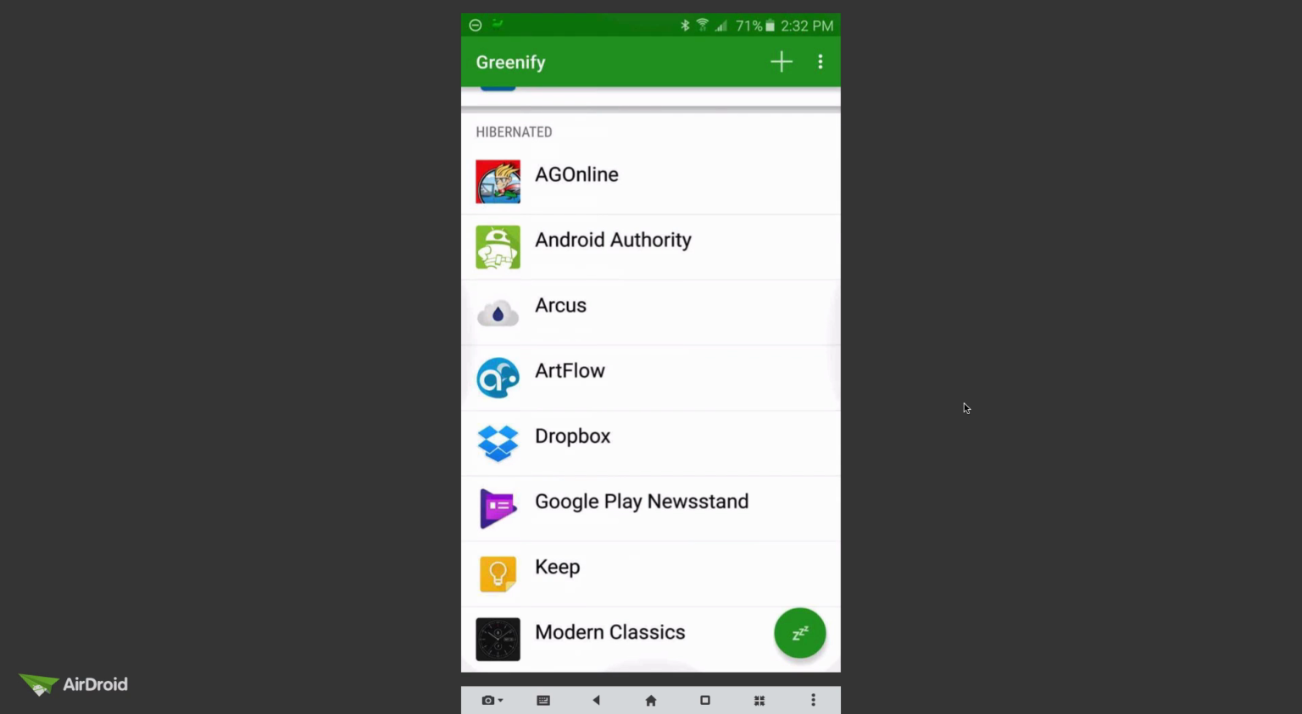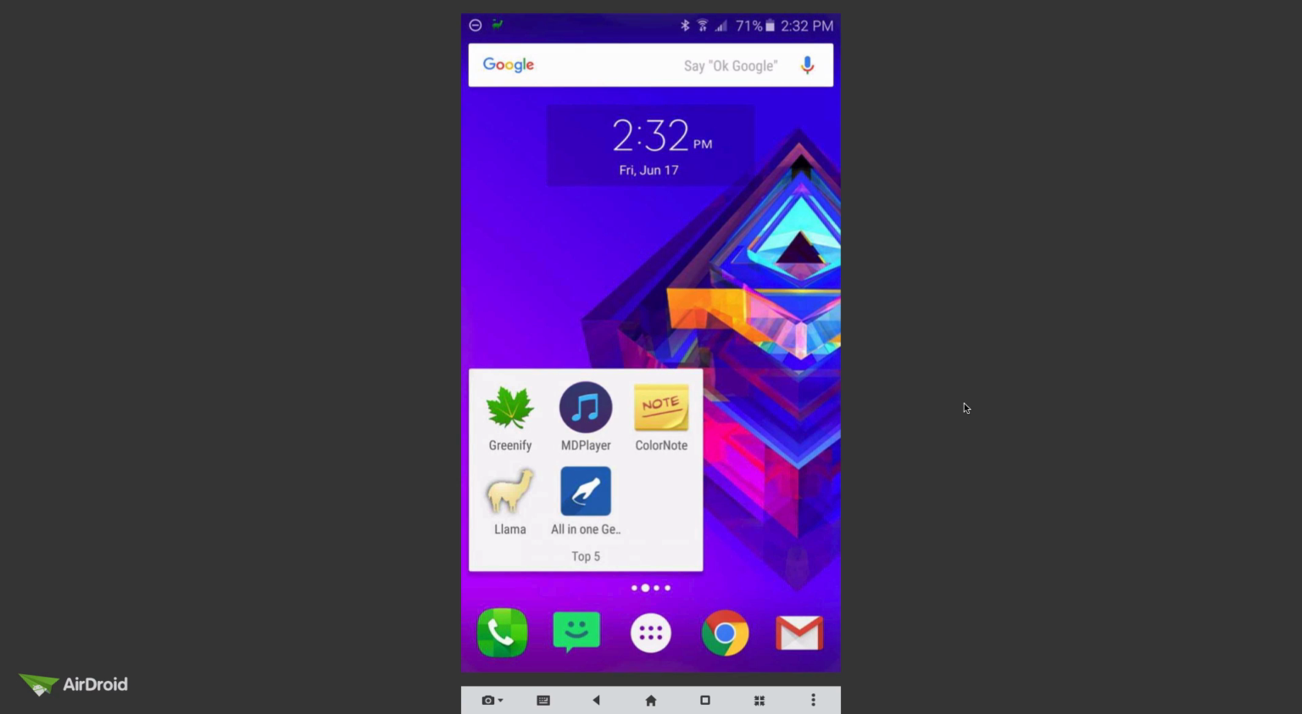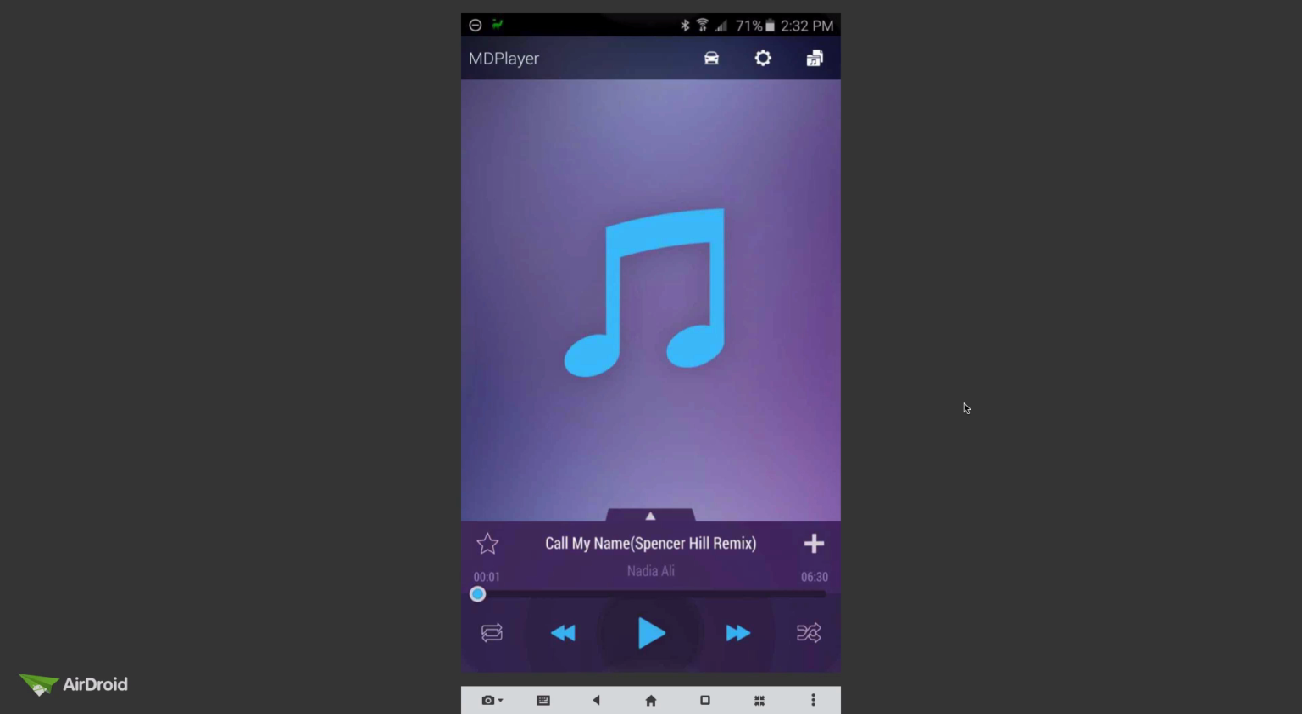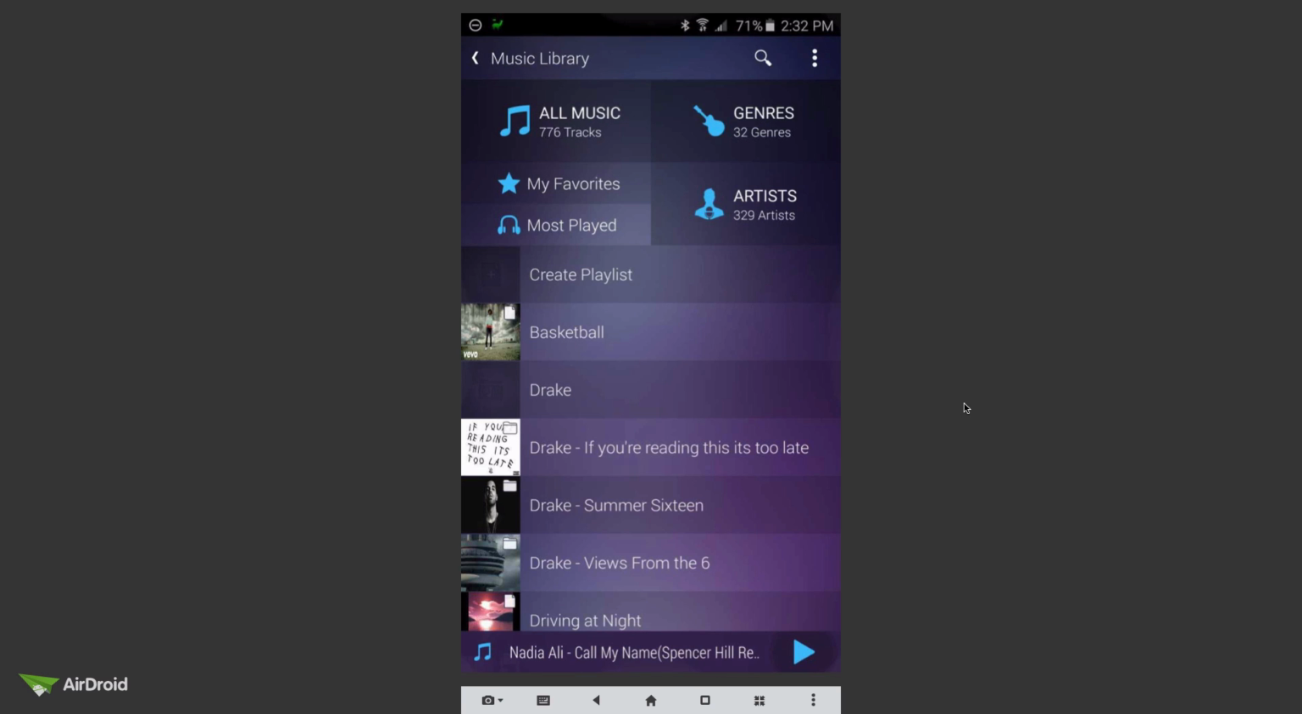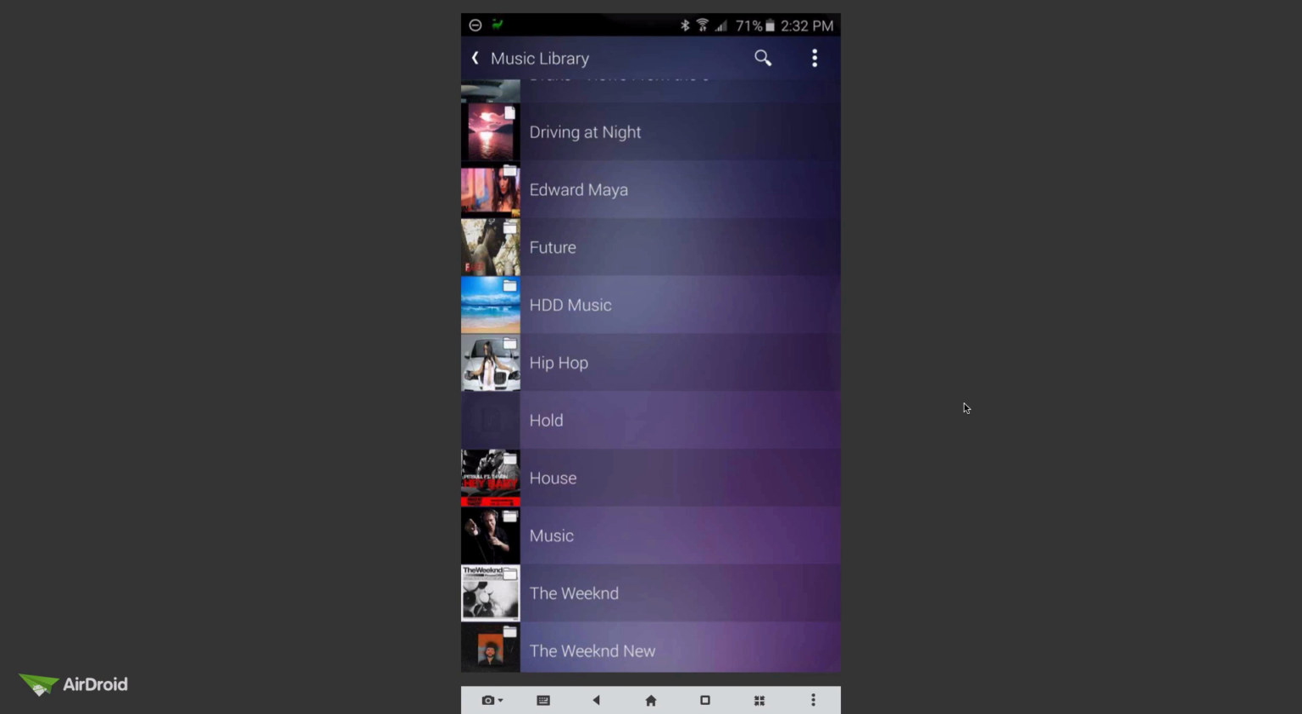Okay, now the next app I'm going to show you is for music. It's called MDPlayer. It's just a very simple music player. I know there are a whole lot of music players out there, but this is probably one of my favorites. Just very easy, very clean. You can easily create playlists on here,